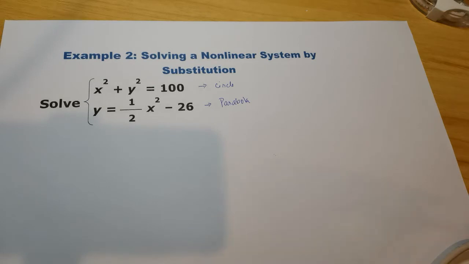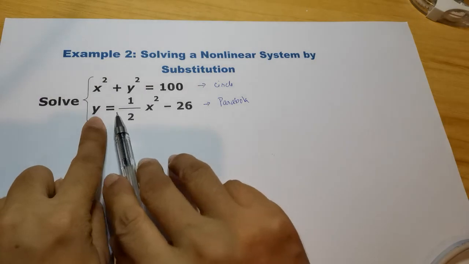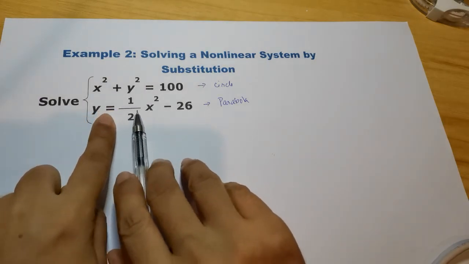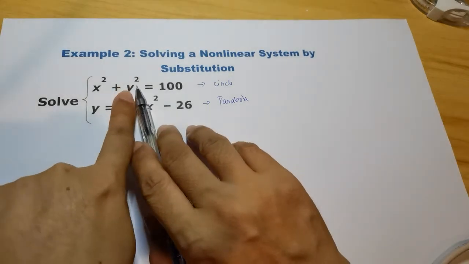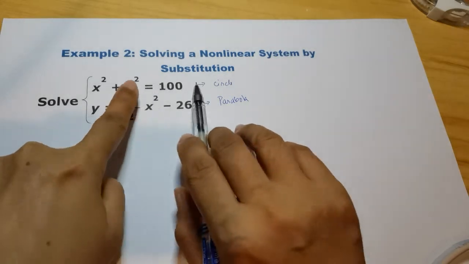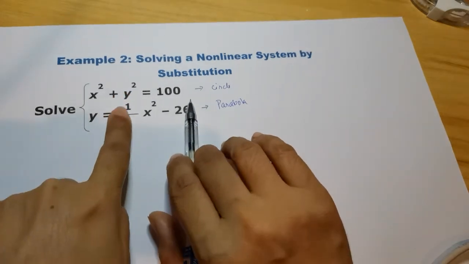In the linear equation, this is more convenient to use kapag na-equate na yung isang equation natin into variable, okay? But this time, we're not going to substitute this to y squared. Bakit? Kasi kapag sinubstitute natin ito sa y squared, i-square natin itong binomial na ito, and that will be,